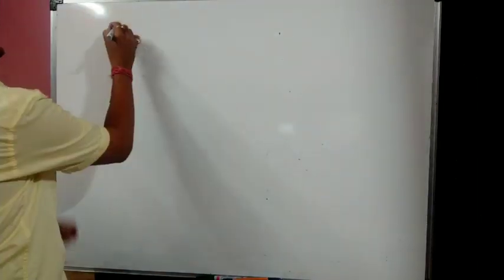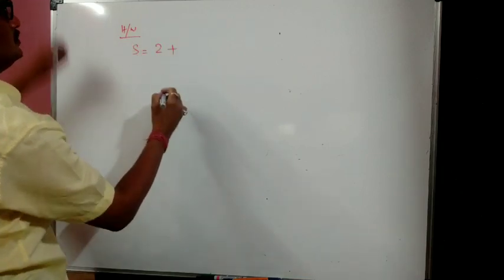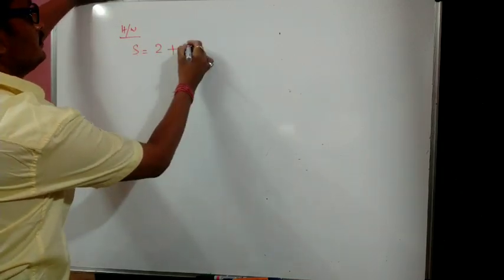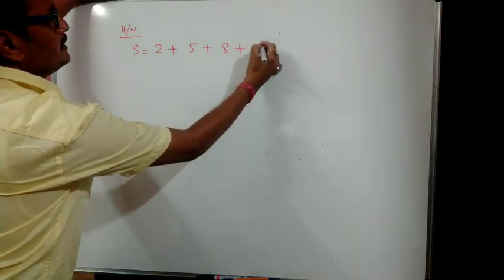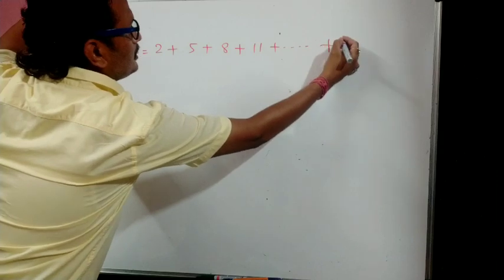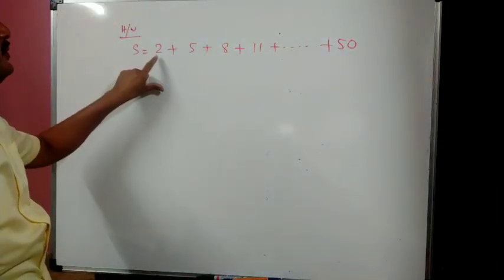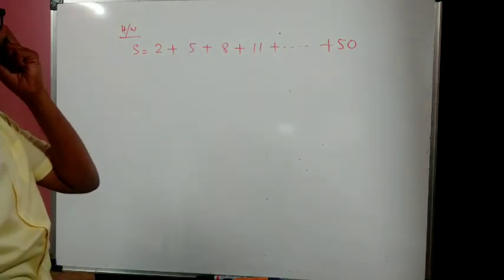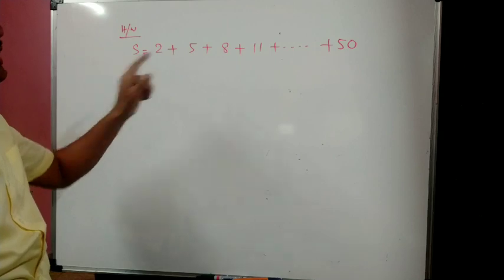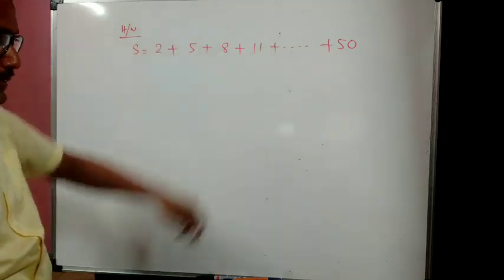This is homework. So s is equal to 2, 5, 8, 11 dot dot dot up to, suppose the last value is 50. So the starting value is 2, the ending value is 50, see the increment yourself, and write the full program. Full program means you have to write the class name, then public static void main and everything.